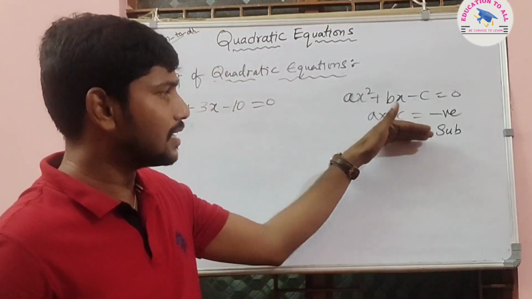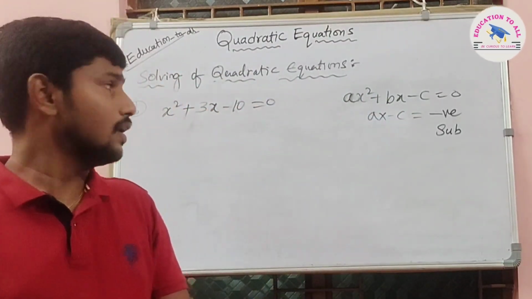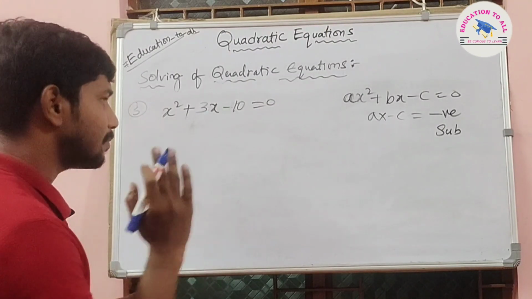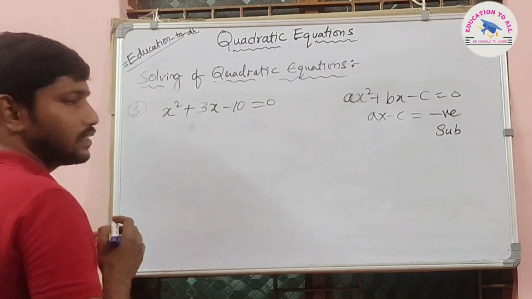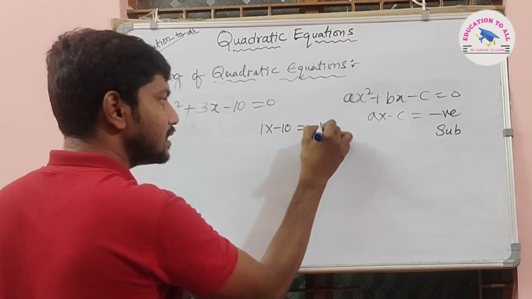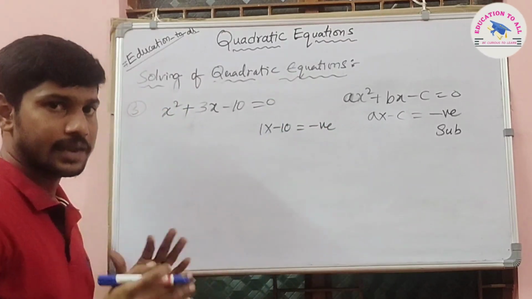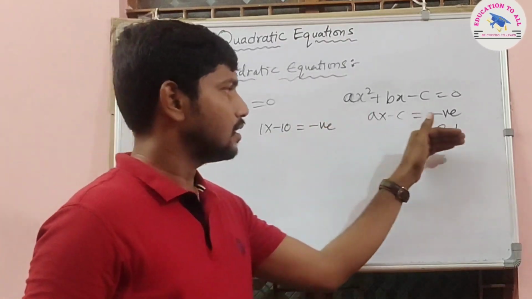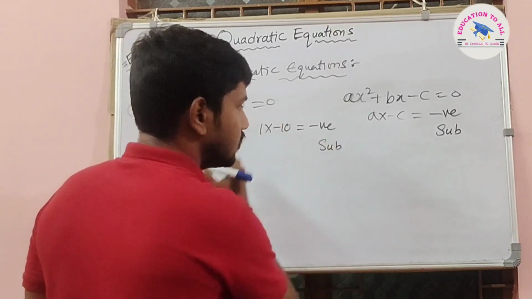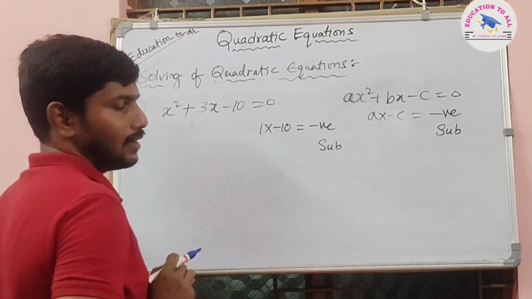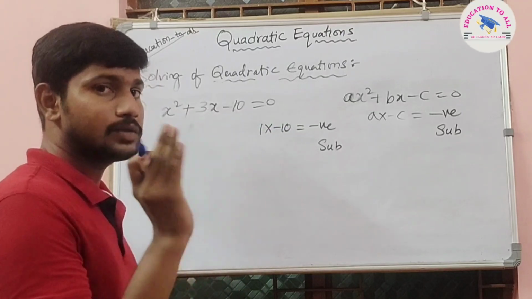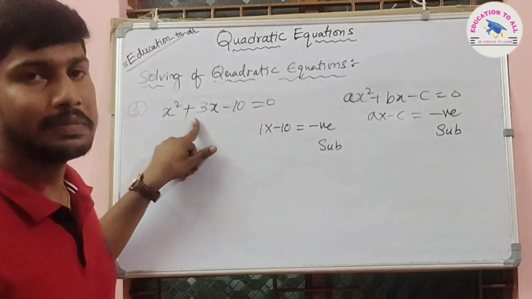So the same condition applies for the numerical example, x square plus 3x minus 10 equal to 0. Step 1, what we have to do, coefficient of x square is 1 into minus 10. So absolutely it is negative, whatever the value, it is negative. So what we have to identify, subtract the factors. So subtract it, write the subtracted. So 1 and 10. So subtract it now, we will get as minus 9 or otherwise positive 9. But our requirement is plus 3.